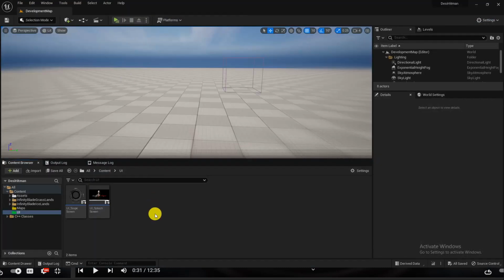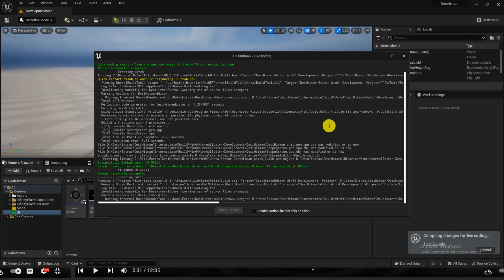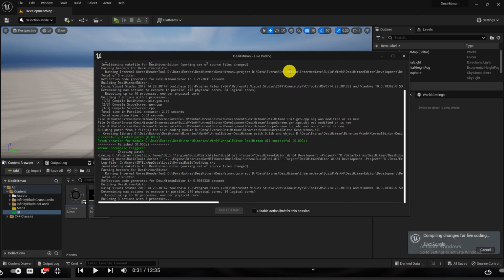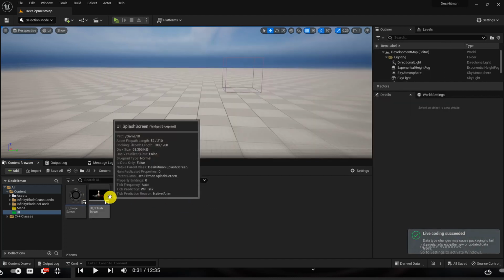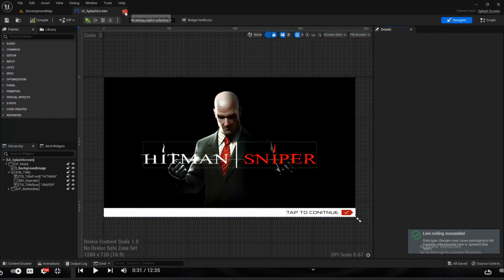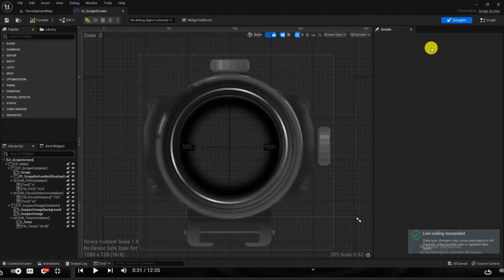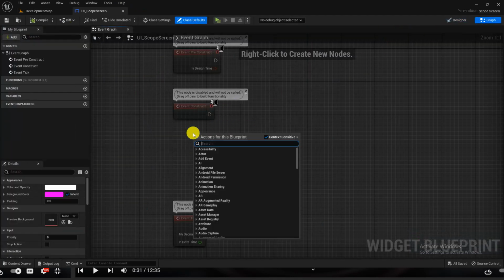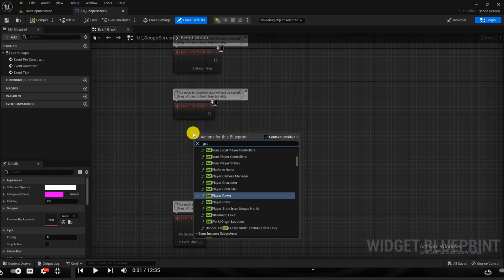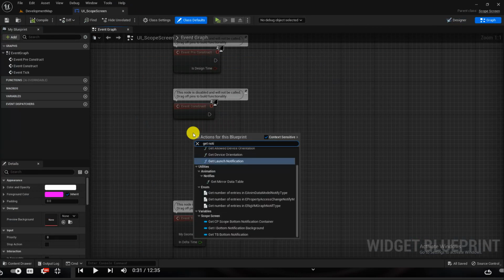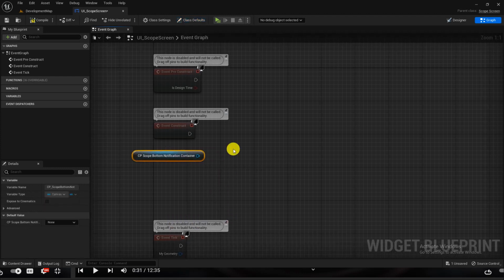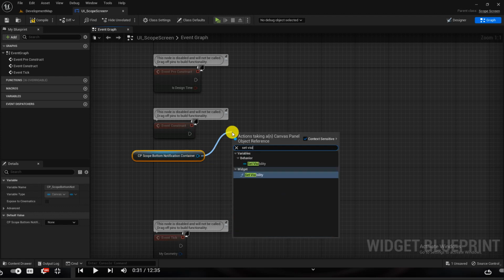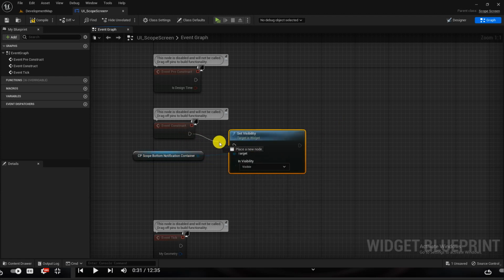Let me compile that again, Control B. Nope. This one, what was the name again? Notification CP notification button container. In the construct, I will set its visibility to visible,